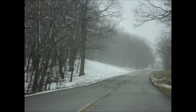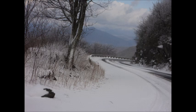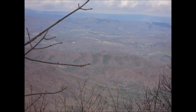At first the snow only covered the roadside, but then as you see, it started covering the road itself. Pretty sudden transition there. I didn't have to think of snow tires. Now I stopped, I pulled over, took a picture behind me at that curve, and I think you'll see that curve again in July of 22. There's my car pulled over, and now I tried to pull forward. I couldn't, so I had to back my way out, get back on the road again, and you see more